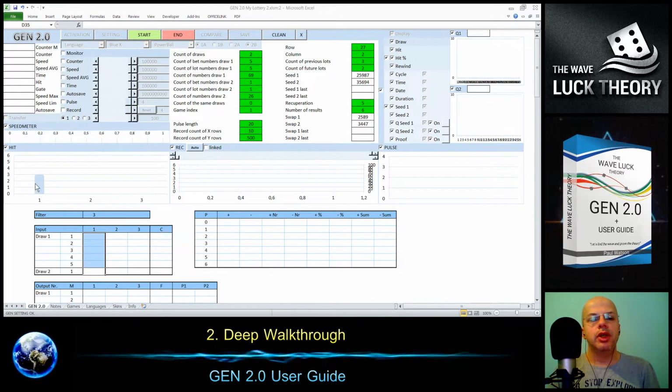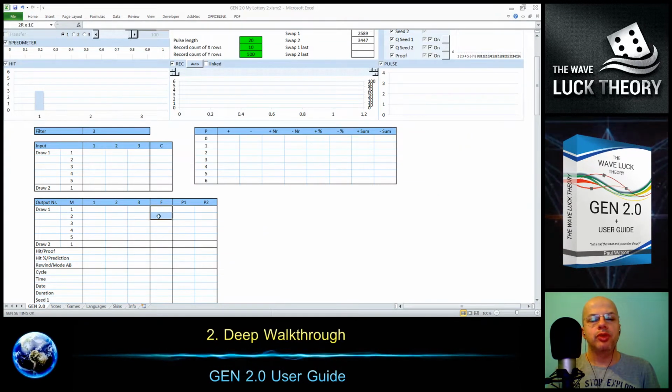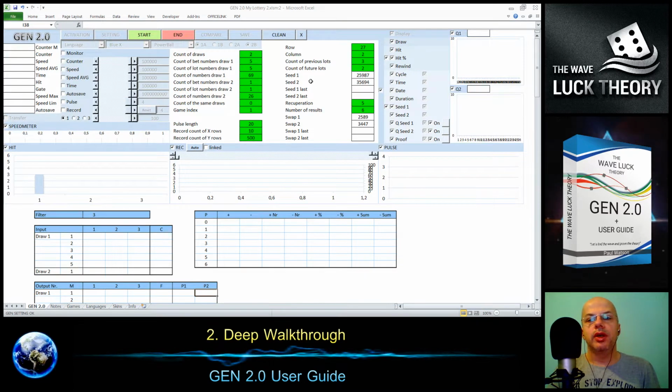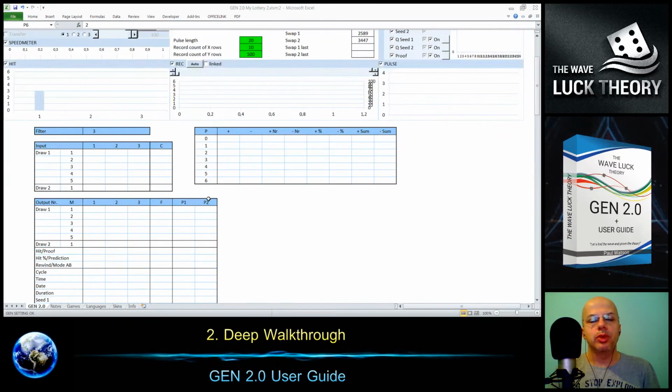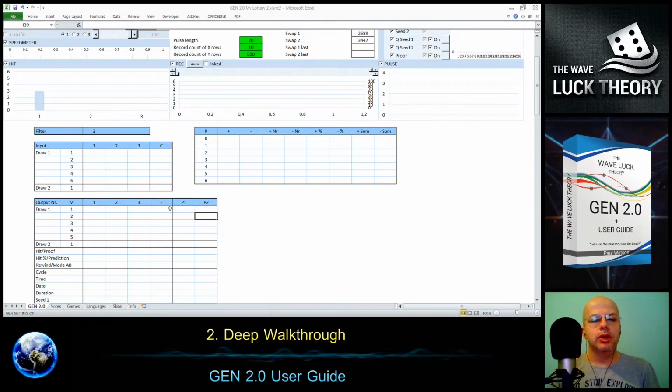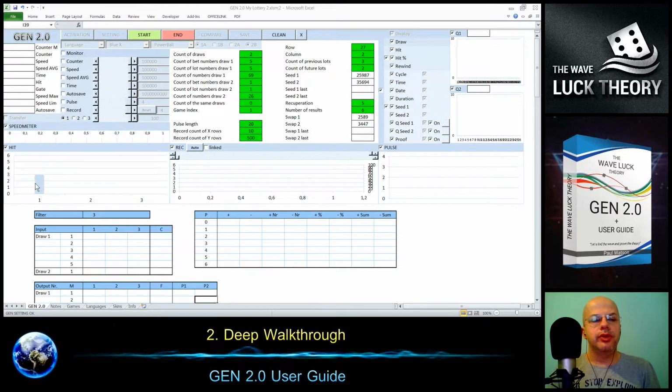So if we have 3 matches, then it continues to the second day and it generates numbers for the second day. There are no limits at this moment, so if we have 0 matches, it will continue and generate numbers for the third day, where it will continue to generate numbers for the upcoming future day, and then for the prediction days, which correspond to the future draws. So that's the filter setting.